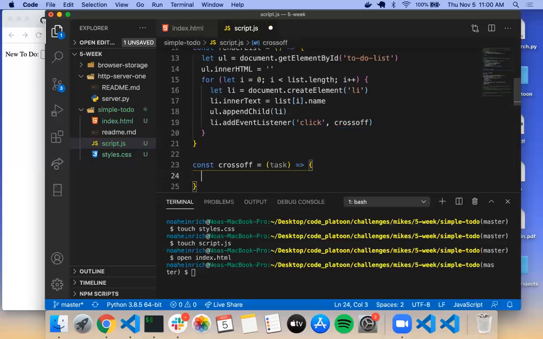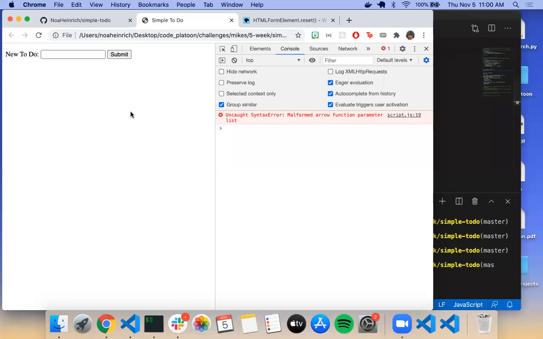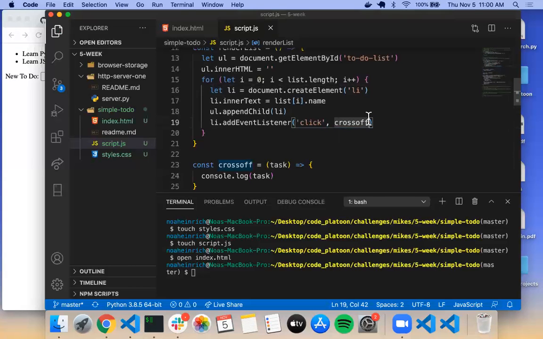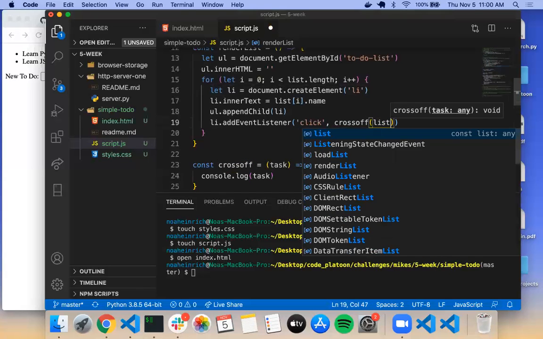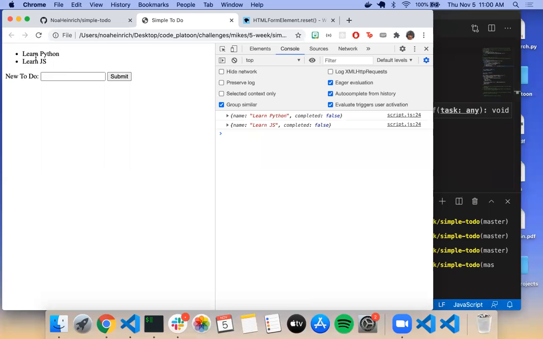And for now, I just want to say console.log task. So now if I click on this, it's not actually giving me the task. Right now, it's just giving me an event. But I could say, okay, cross off takes list I as an argument. So now if I click here,